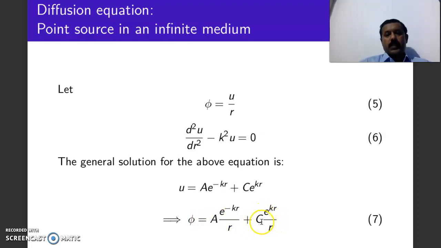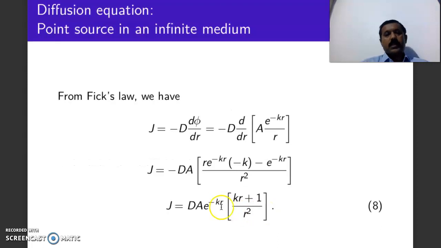If you do not put C is equal to 0, then at r is equal to infinity, we have an infinite medium here, this flux becomes infinity. You get C into e to the power of infinity, and e to the power of infinity is infinity. Therefore, this flux becomes infinite. The only way to rescue from this is to put C is equal to 0. Once we put C is equal to 0, you get phi is equal to A e to the power of minus kr by r. By applying the first boundary condition, we found the value of C. C is equal to 0.